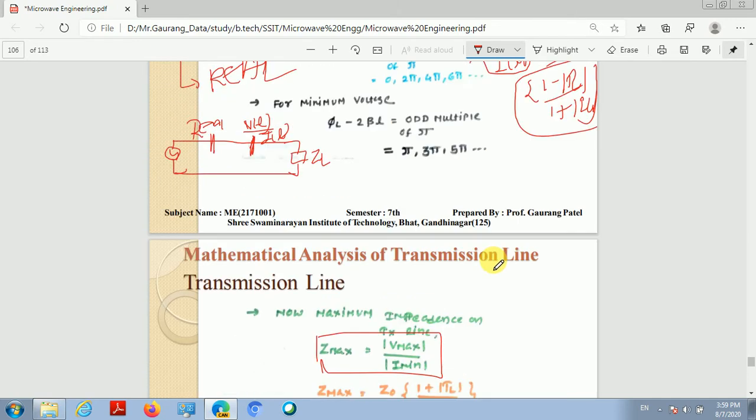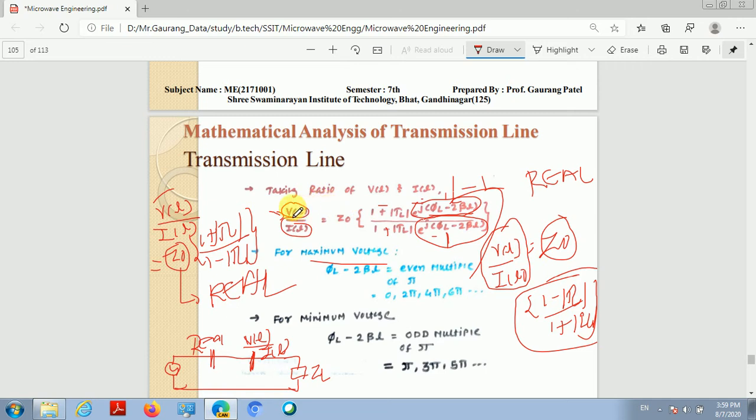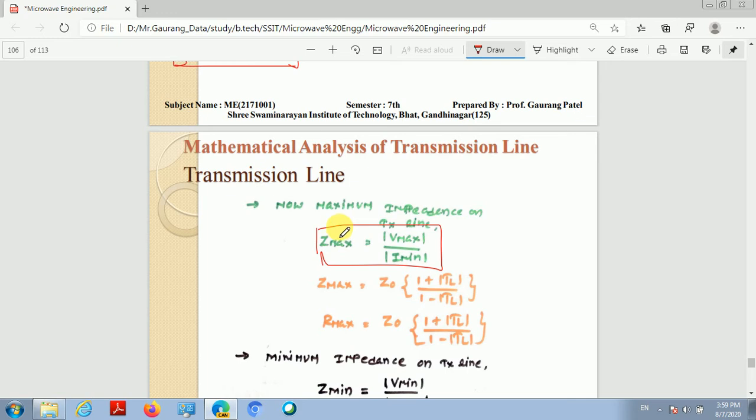Now as we noticed and pointed out here, when voltage is maximum and current is minimum, at that point the impedance measured is real. It means that this impedance Z max is a real quantity at that location. A real quantity means it is purely resistive, it does not have any reactive part. Reactance is 0. So instead of Z max I can write R max, because it is a purely resistive quantity.